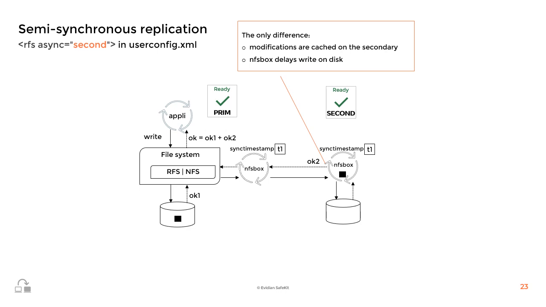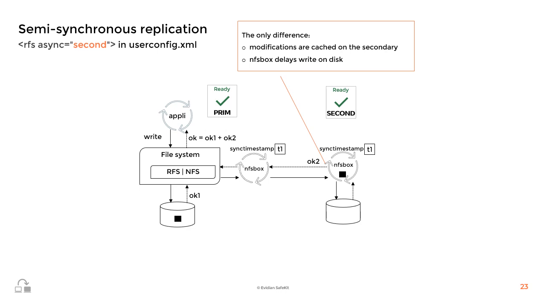In case of a failure on node 1, there is still no data loss. Note that there is still a possibility of data loss in the special case of a simultaneous double power outage of both nodes, with the inability to restart on the former primary node and the requirement to restart on the secondary node.